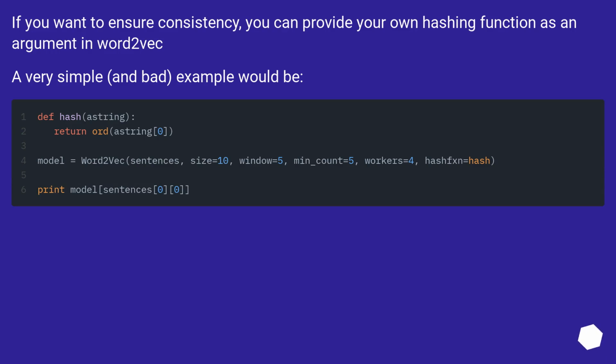If you want to ensure consistency, you can provide your own hashing function as an argument in Word2Vec. A very simple, and bad, example would be